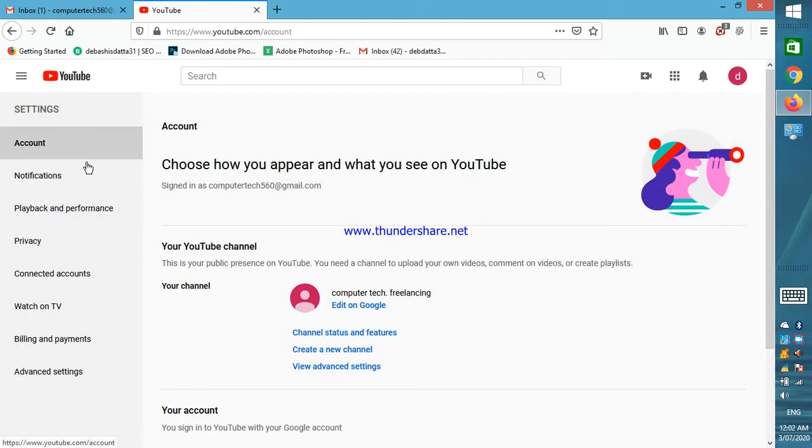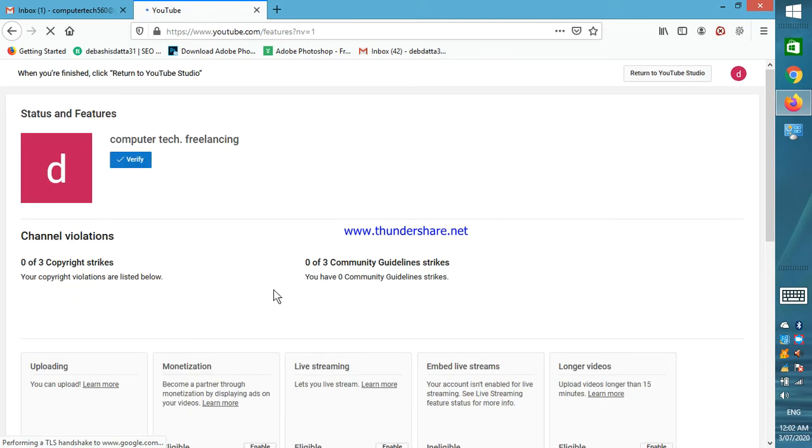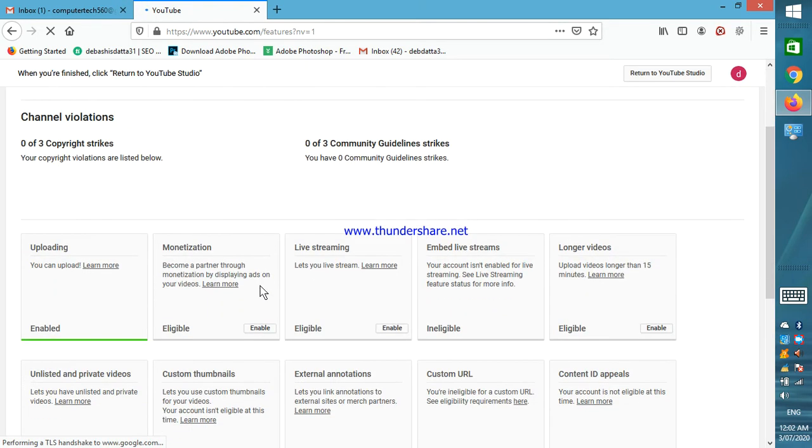then you can see these options. So you will go to channel status and features. So you can see monetization here, correct? So click on enable.